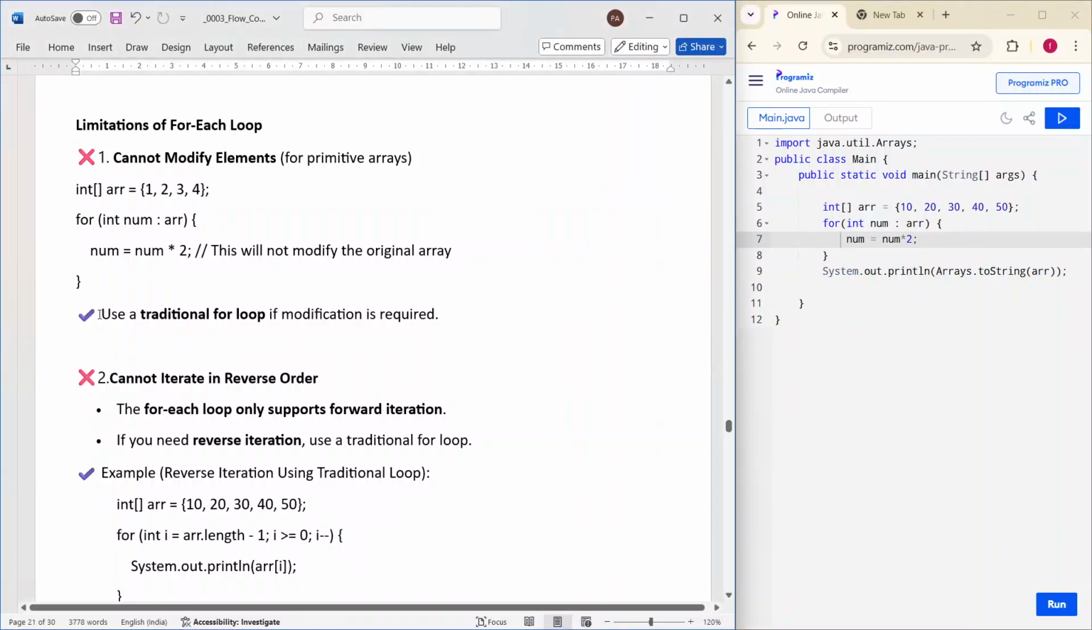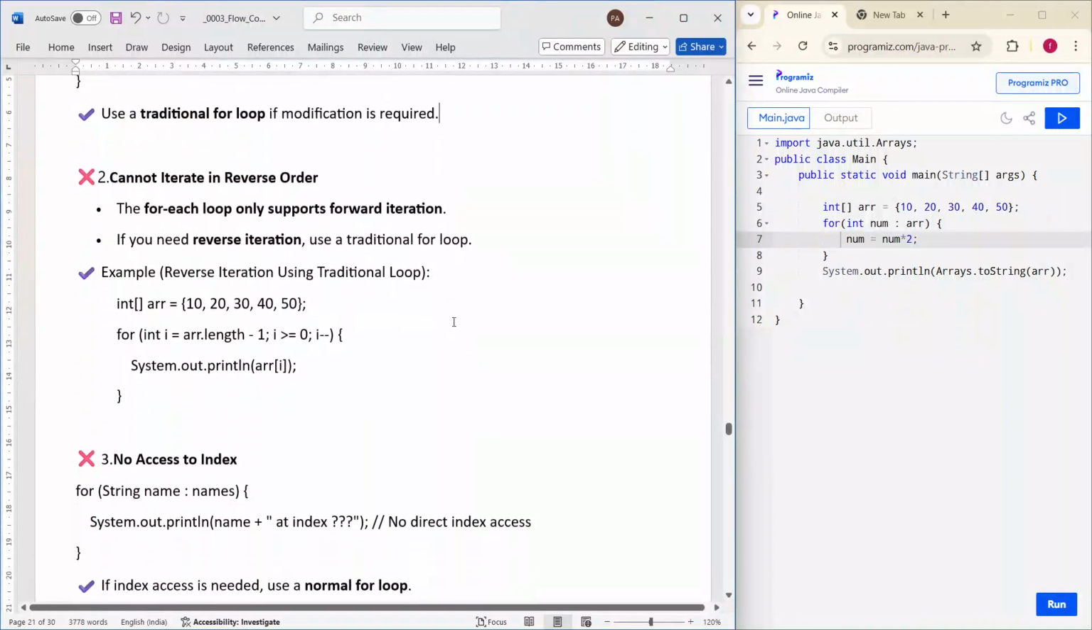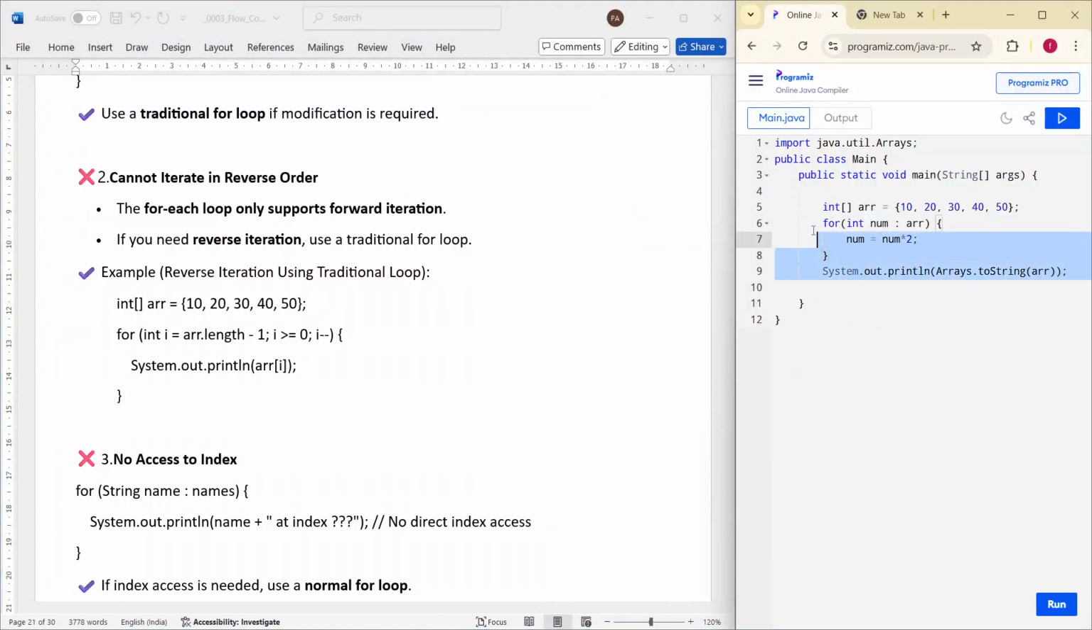And to modify the elements, we use traditional loops, that is normal loops. Second limitation, cannot iterate in reverse order. We can't iterate elements in reverse order using for each loop. It only happens using traditional loops. So whenever we want to iterate in reverse order, here we can use traditional loops, that is